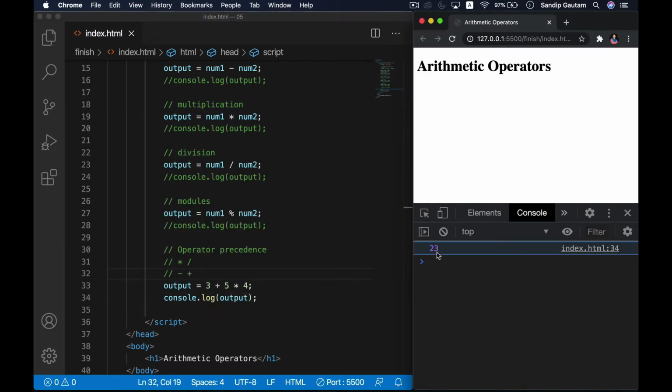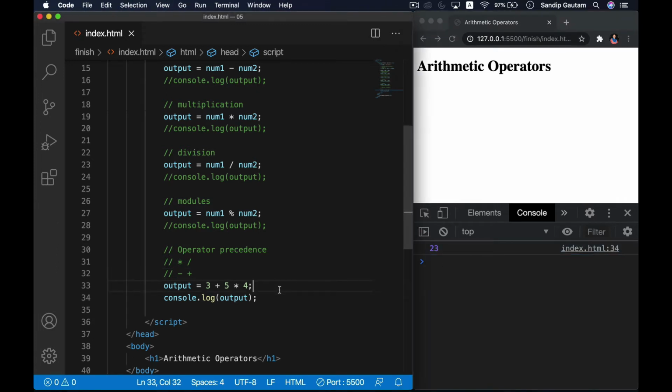See that? It's 23. But suppose you want to take over this precedence of operator. You want to forcefully make 3 plus 5 happen first. How can we do that? To do that, we can use something called